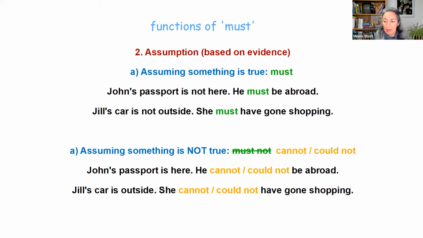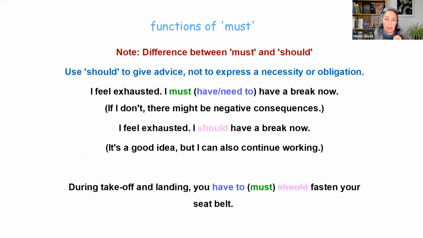So, before we end this, that's the end of must, have to, and assumption. But often I also get the question, is there a difference between must and should? I hear occasionally my students using them interchangeably. It's best to avoid that. They don't give the same idea. You need to use should to give advice, and advice is not expressing a necessity or obligation.